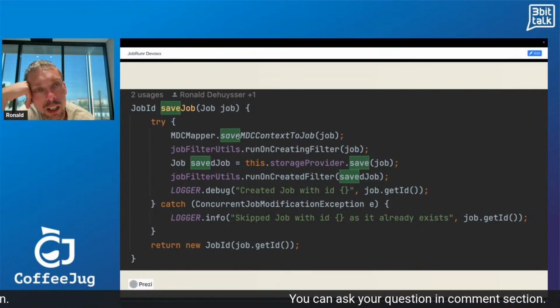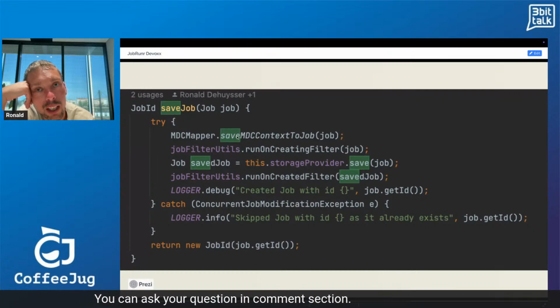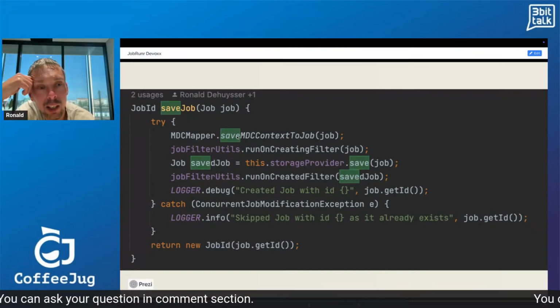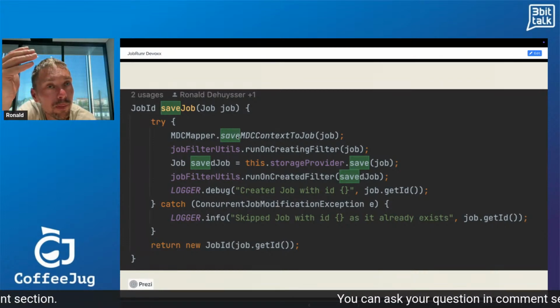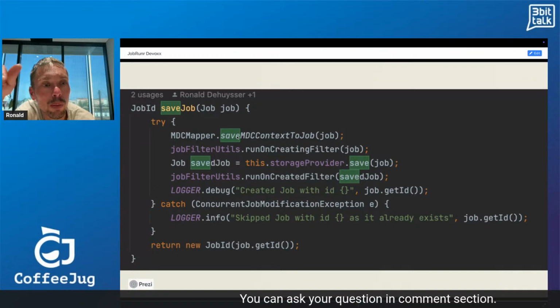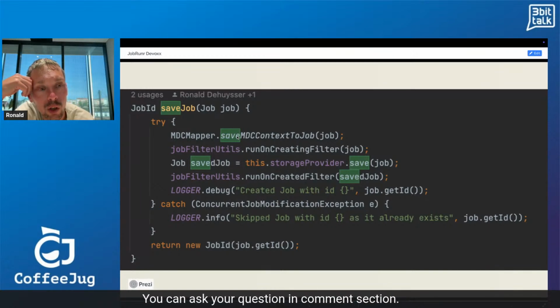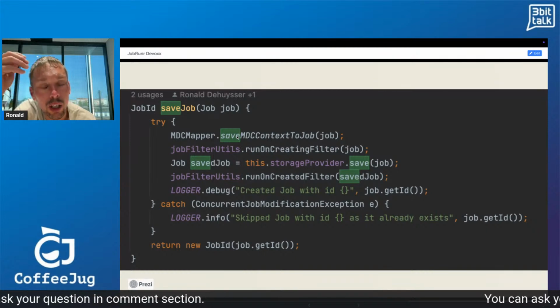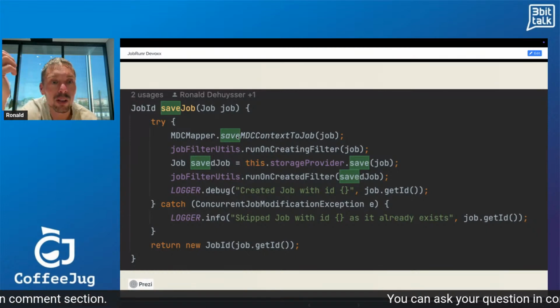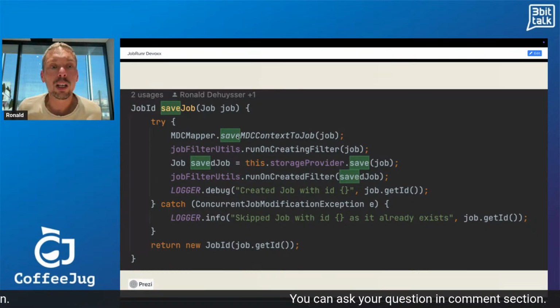Let's say that you have a web request and you have a correlation ID that you create for every incoming web request. Well, that way that correlation ID is also propagated down to the job. So that's part of the job, and we then restore it automatically for you, so that in your logging you have the same correlation ID available.